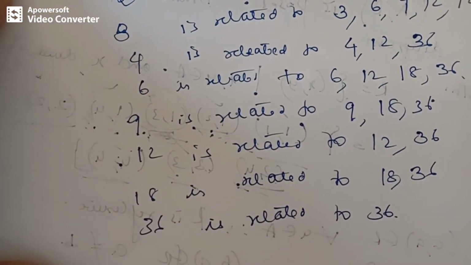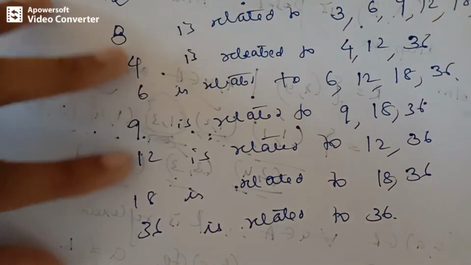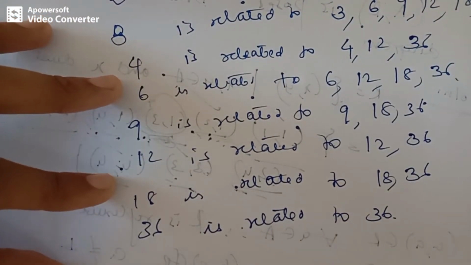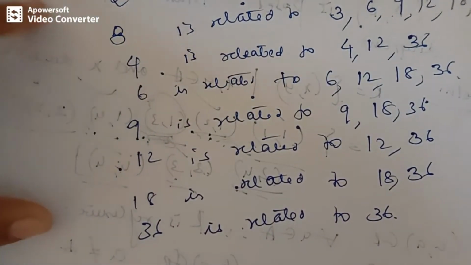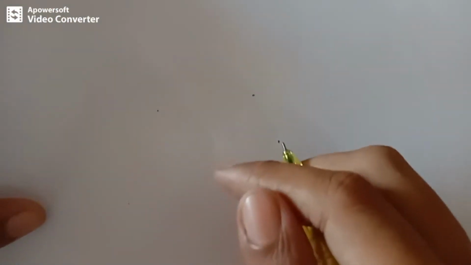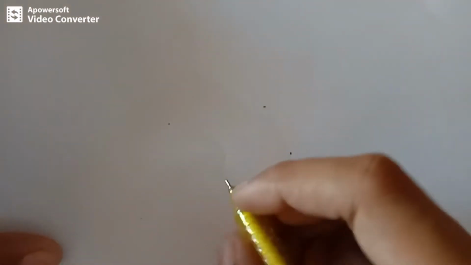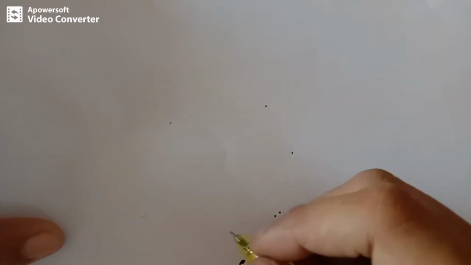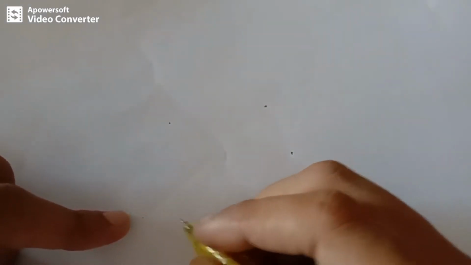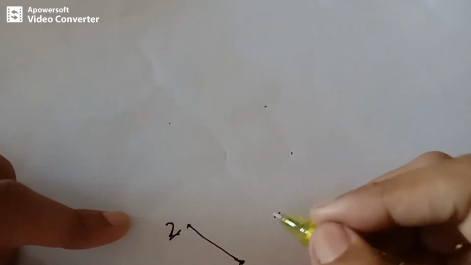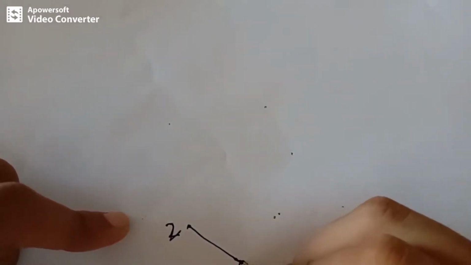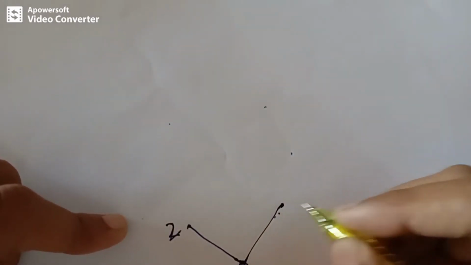Okay. So first we are going to construct all these pairs of the relation, and then we can draw the Hasse diagram very easily. Let's draw the Hasse diagram. So we know that we have got element 1, and 1 divides 2. I can draw this connection or the edge. Okay, and again 1 divides 3. I take it as separate.